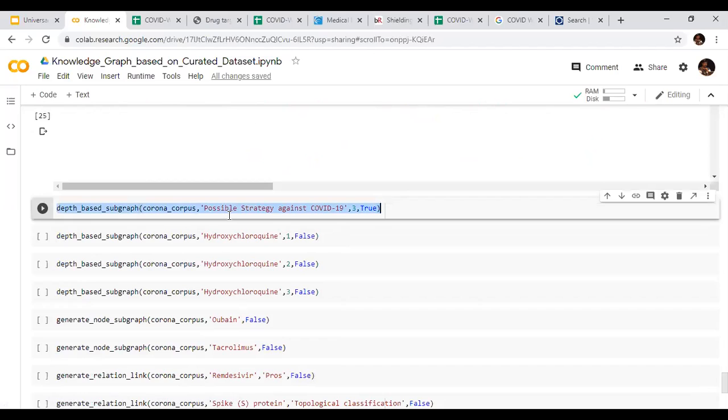So here again, I'll be showing the references. So I think I did it. Possible strategy against COVID-19, 3. Okay, so what I did before was I checked up to a depth of 3, but there I had the false option enabled, so I wasn't interested in looking at